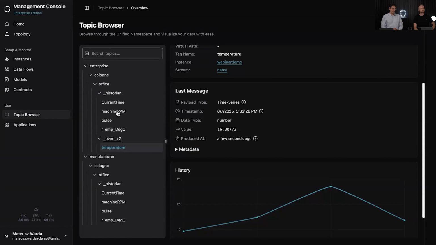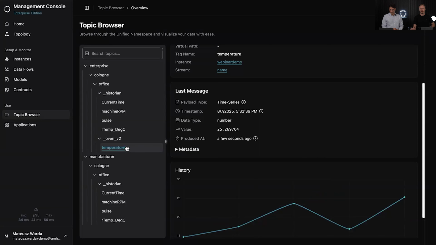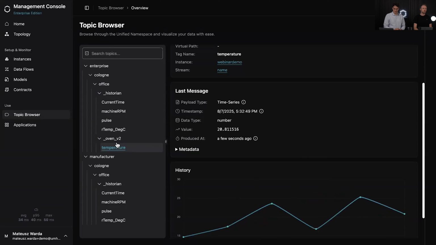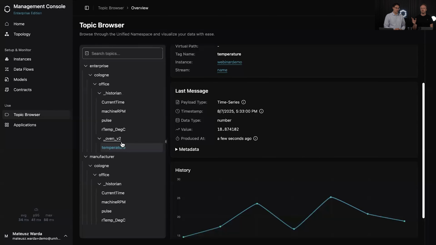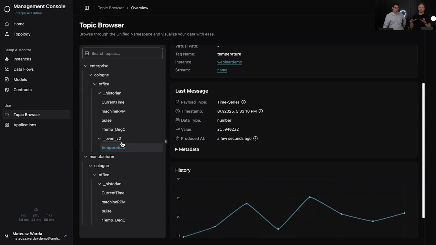And what you see over here in the topic browser now, that the data that we collected is now under a different name. So we're standardizing the tag name and it is in the exact position that we defined before behind a very specific data contract. Yeah, so you see now over here, oven v2, that's exactly where we're pushing the data to. It's fulfilling the requirements, so I can see now the data. If it wouldn't be the case, I wouldn't see any data. I would just see error logs in a specific data contract leading back to this one stream processor, which is sending us data. Yeah. So by that, you pretty much, from an enterprise central IT, OT perspective, enforce this specific integration to be based on the standards that you want to have.